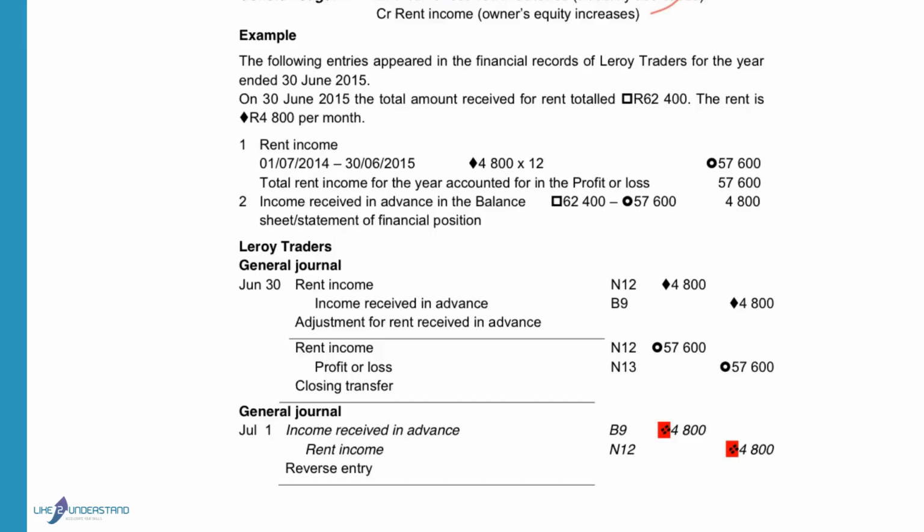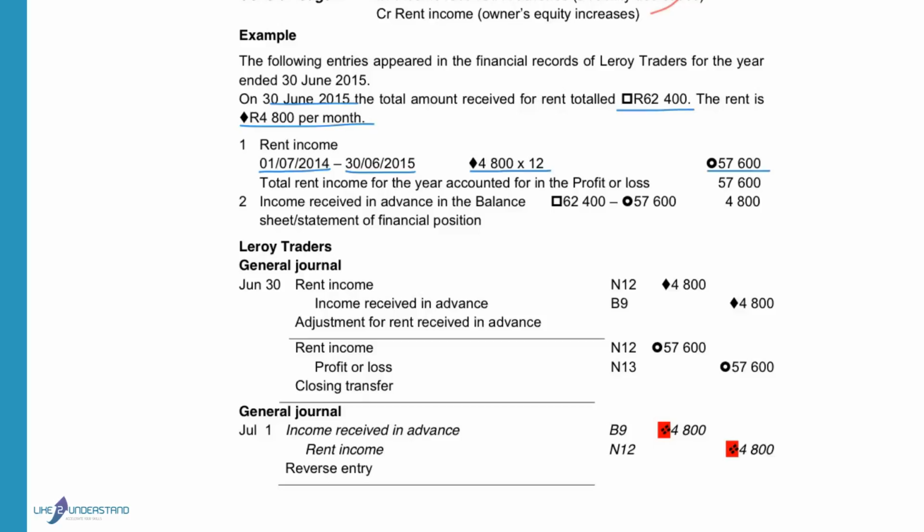The following information is available at 30 June 2015. That is the end of the financial year. The total amount that was received for rent during the year was 62,400. The rent is actually 4,800 Rand per month. So if I look at my financial year that starts on 1 July 2014 and it ends on 30 June 2015, it means that I must work out how much money I'm supposed to get for these 12 months. So I will take the 4,500 multiplied with 12 months, and that will give me a total income of